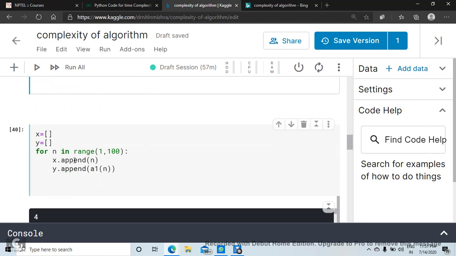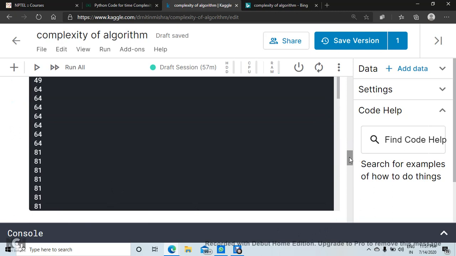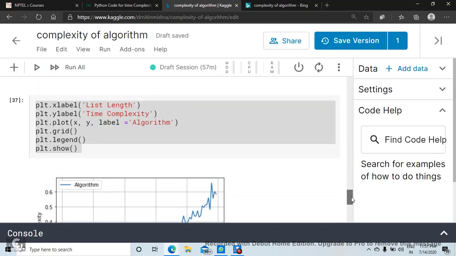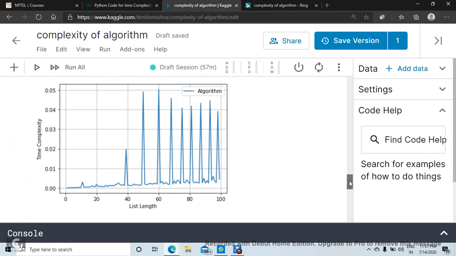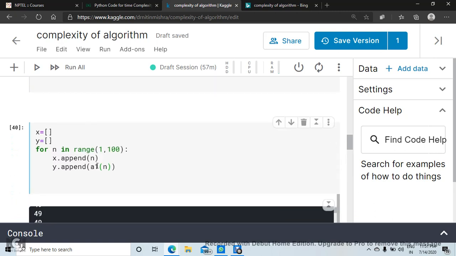Okay, and now the same code, and this time I will call a2, so I have written a separate code. I'm going to call a2, so here I am replacing it with a2. Okay, now it will store in x axis the number of inputs, or the value of n, and the time taken to execute the algorithm with value of n, which varies from 1 to 100.